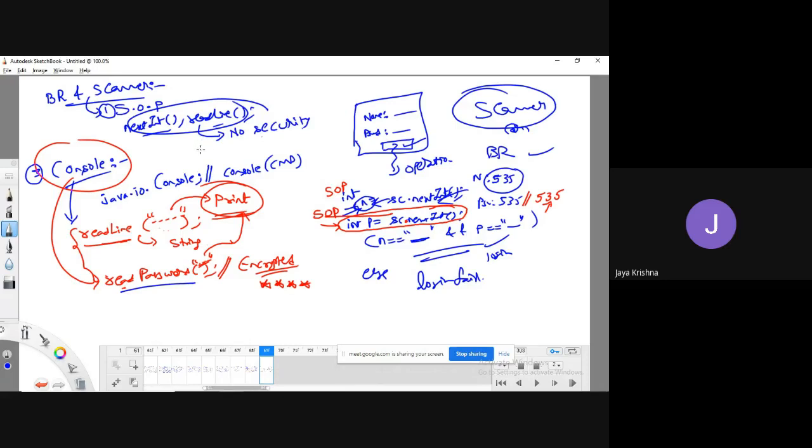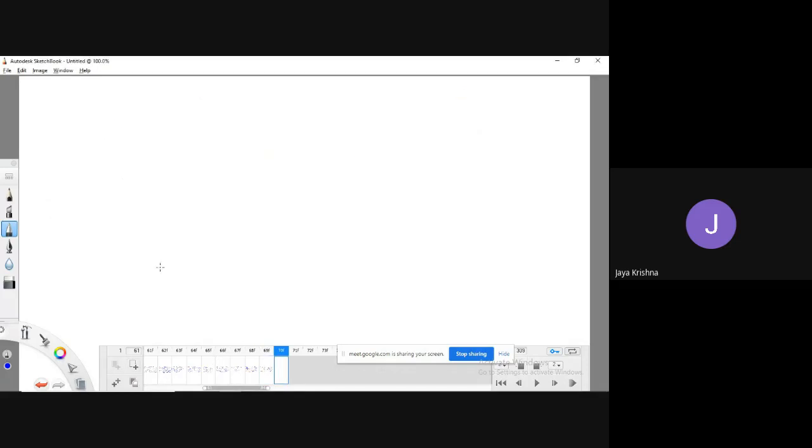Okay. I hope you understood clearly. So what we have discussed in today's class is what is meant by the InputStreamReader class and OutputStreamWriter class. Along with these, we have explained how to access data dynamically in a Java program. We have seen three ways: one is through BufferedReader, another one is through the Scanner class, and another one is through the Java Console. So I hope you understood clearly.